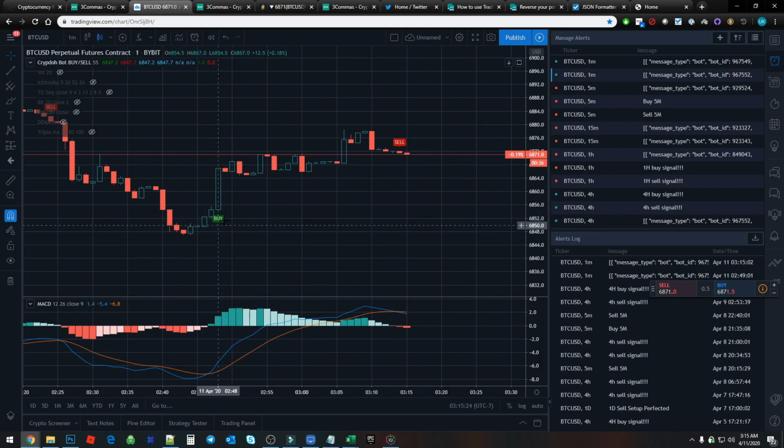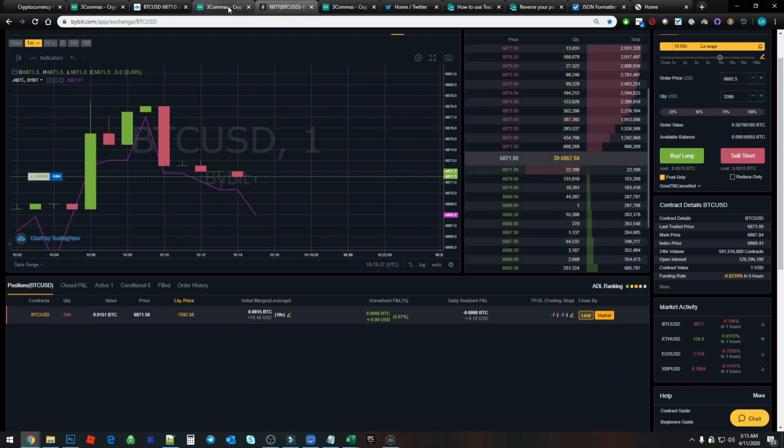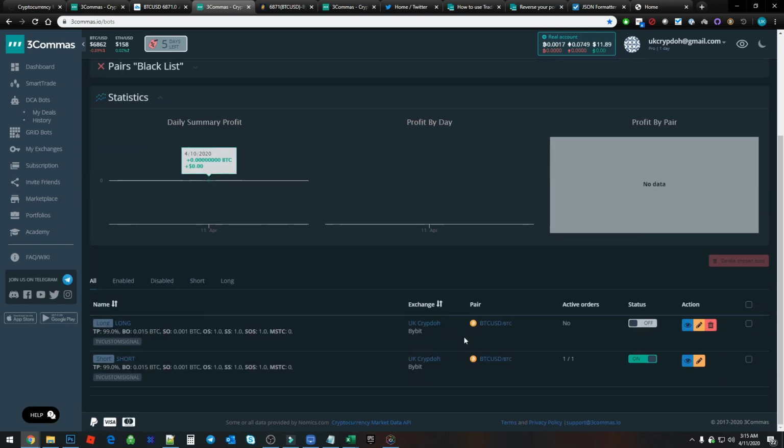So when our bot initially triggered, it bought here as a long, and then when the sell triggered, it's going to sell and start the short, just like it does here. And if we go look at our bots, you should see that the short bot is started and the long bot should be stopped. And there you go. The short is on and the long is off. And then if we can come in here and we can look,